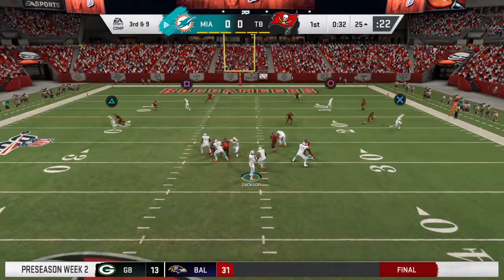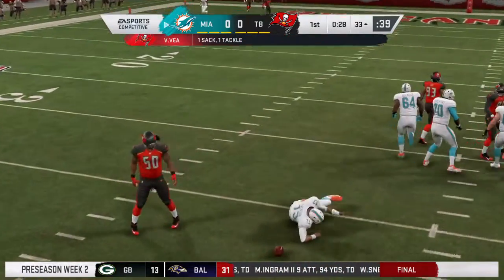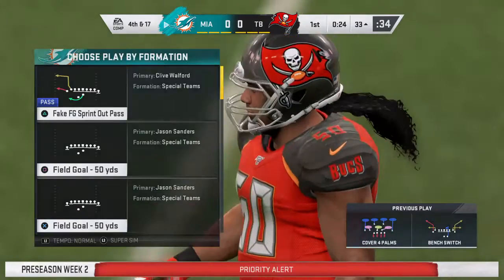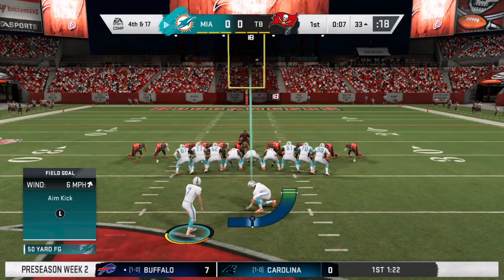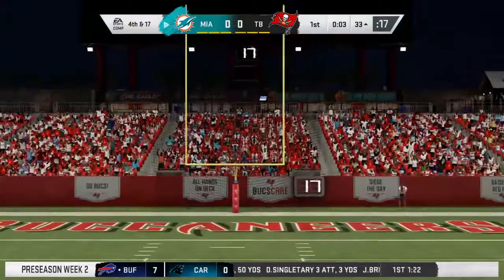On 3rd down, Jackson. And Jackson cannot get away, and he'll go down. Vita Vea breaking through to get the sack. Charles, a little bit of feast or famine on this drive. They moved the ball okay, but they've been sacked twice now. And they've got to figure out how to plug that leak a little bit, right? Keep them away from the quarterback because